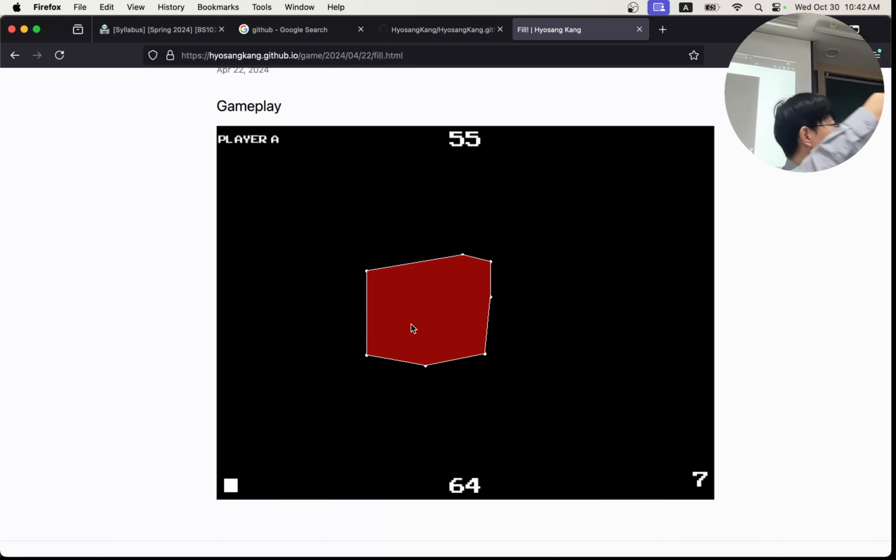And also, what happens after 10 rounds is that player B starts the game, and after player B finishes another 10 rounds, it calculates the difference between the goal and your actual area, sums up all the differences, and then compares the differences between player A and player B to decide who won. So that's a very simple game. I don't know whether it's fun to play or not, but this is just a prototype that you can make,